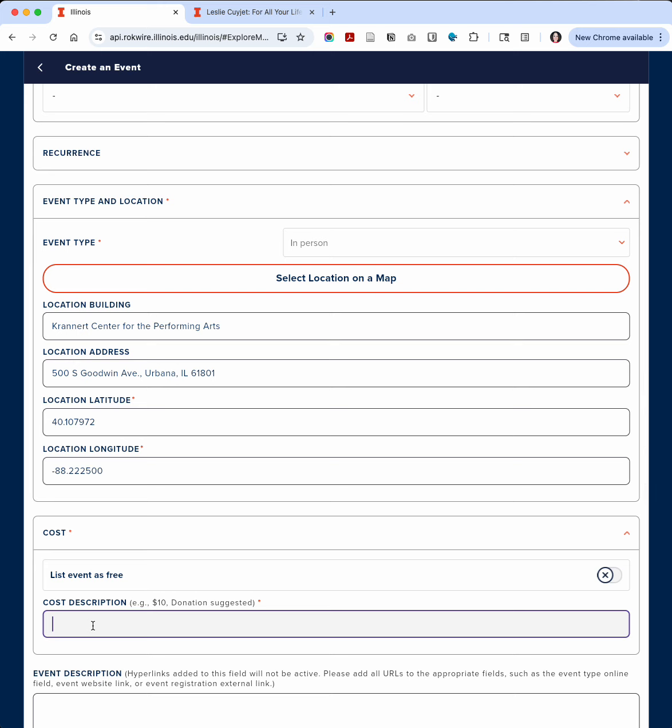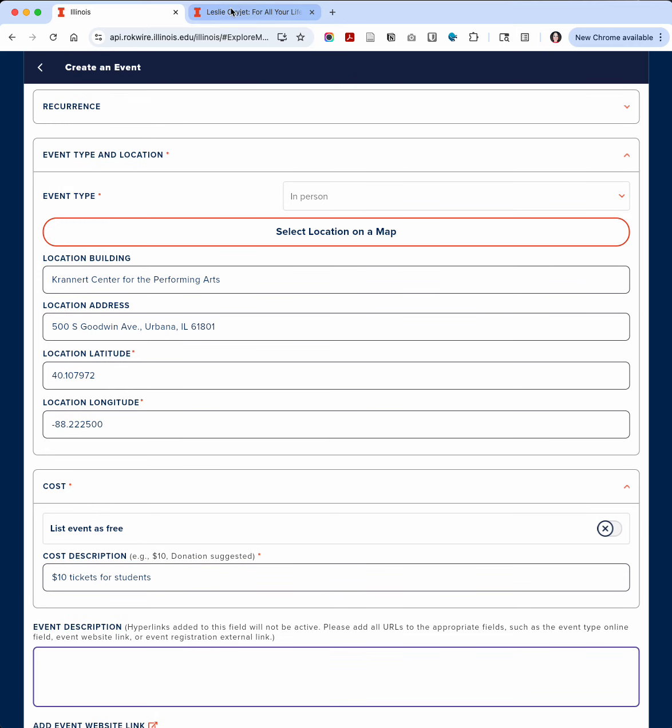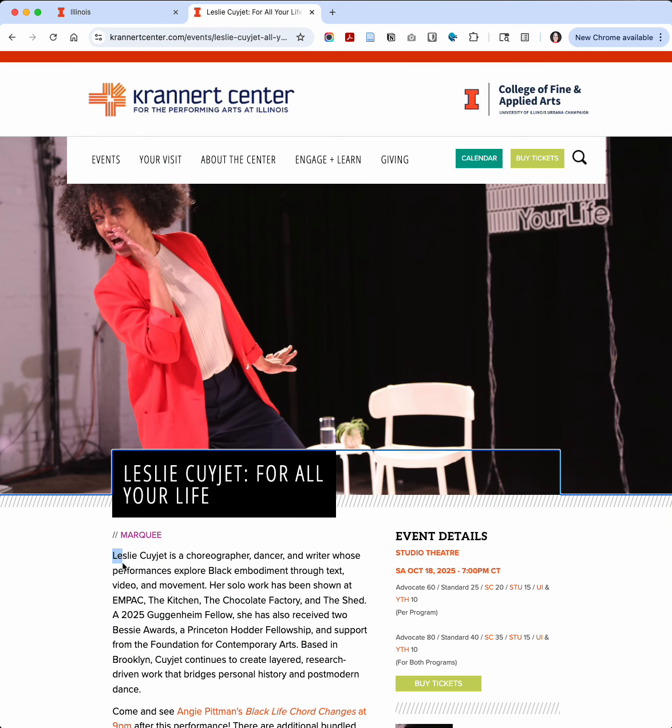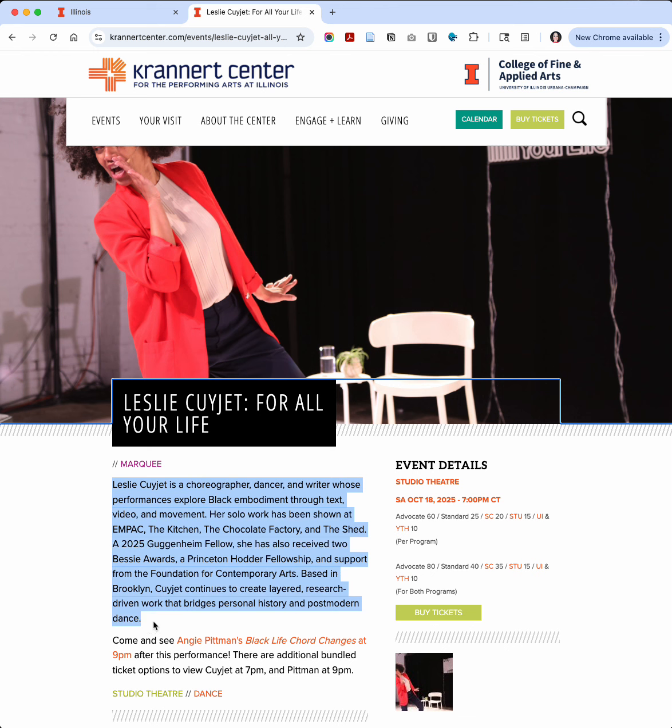specifically target U of I students, which get $10 tickets. So I will add that description. The event description I will take from the web page. In this case,